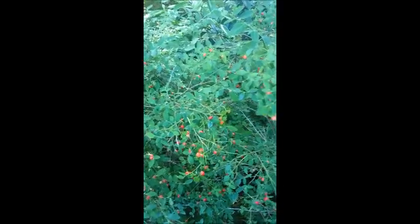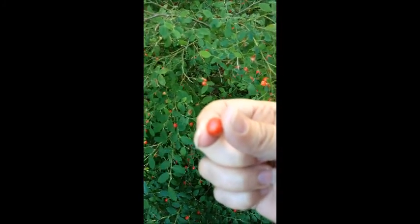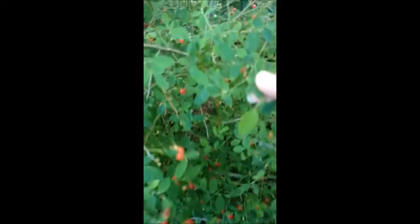So I was trying to look at this bush and see what kind of identifying features there are for people who don't recognize them. I personally think that the berries really resemble a blueberry on the end. I'm not sure if this will focus. It doesn't look like it's going to. Anyways, the end of the berry has kind of got that little ruffled piece around it that a blueberry has. You can see that the leaves are a small oval shape,